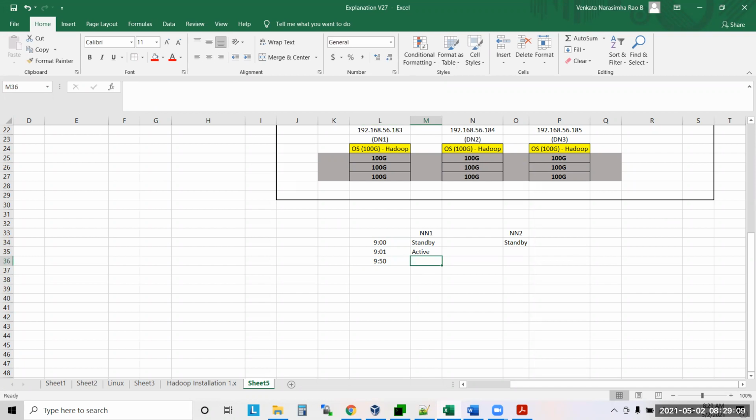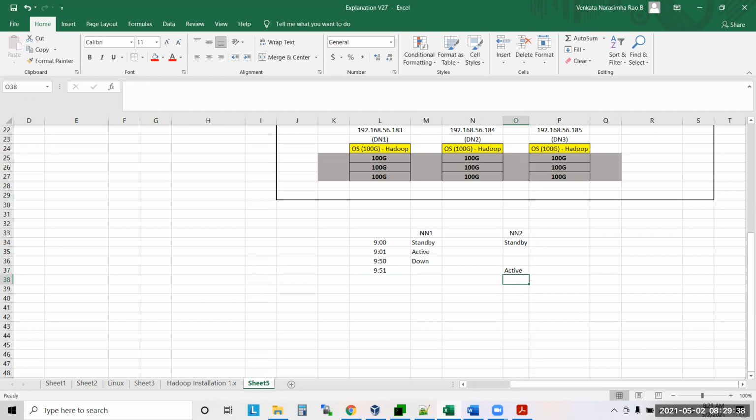At 9:50 NN1 goes down. Then what will happen at 9:51? NN2 will act as active. Understood? So at 9:51, who is active? NN2. After 9:51, if you execute a command, who will take care of your command? NN2 will take care of your command.